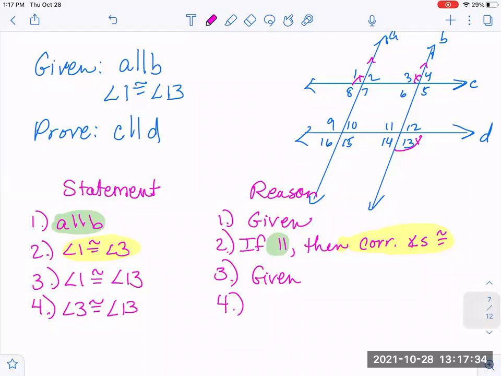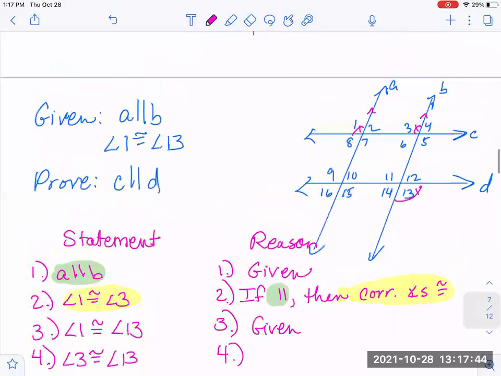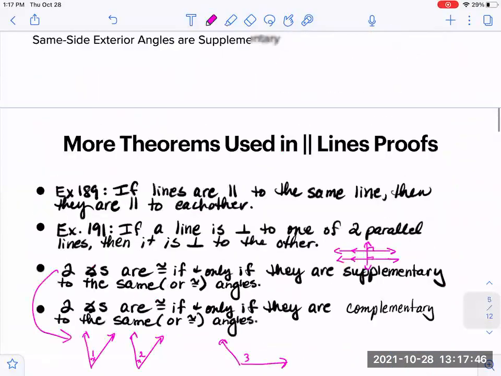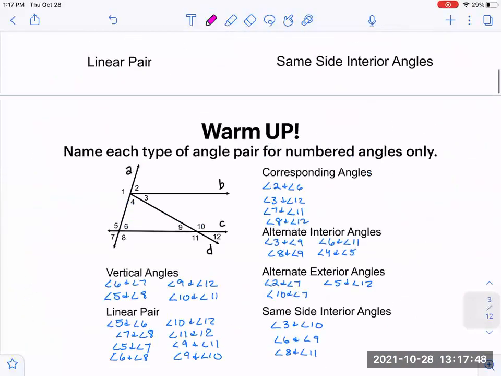Wait, don't talk, raise your hand. Kevin? Because they're alternate exterior angles. That's not why. But I am also very glad you said that, because I want to come back over here a second. I want you to look at angle 5 and angle 12 here. Here's 5 and here's 12. They are alternate exterior angles,